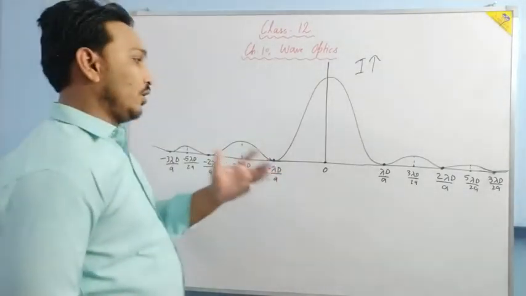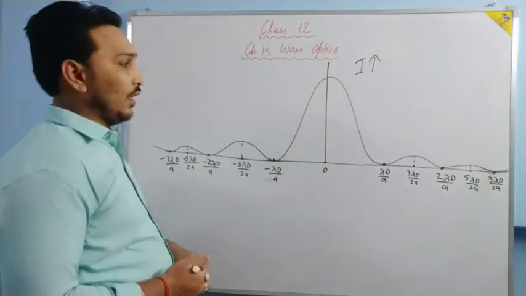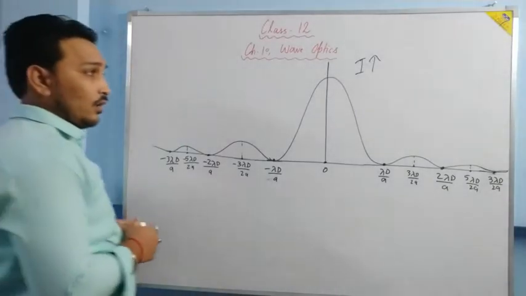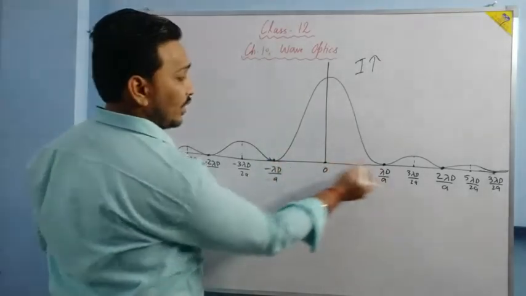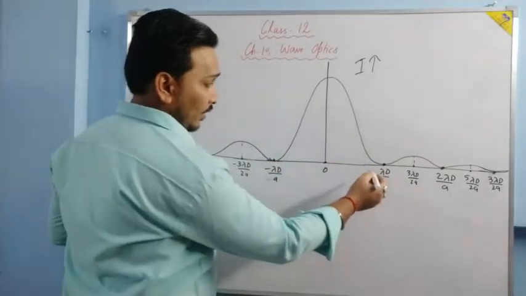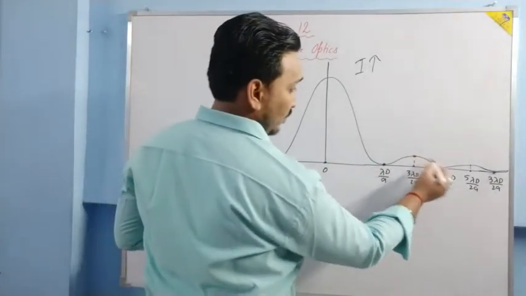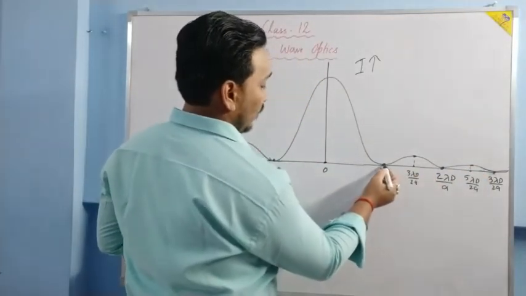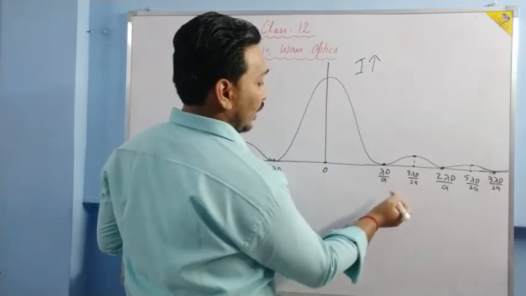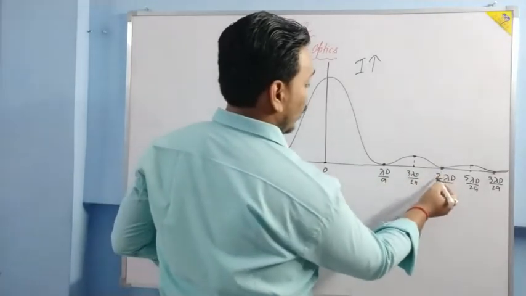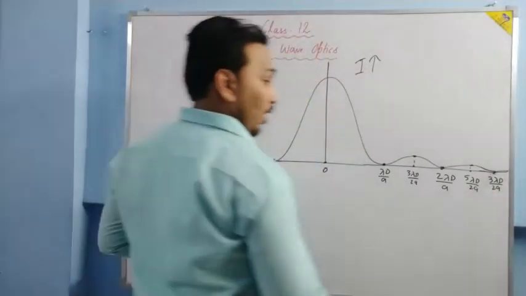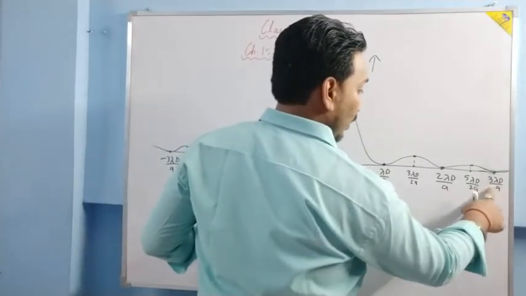Okay, this is how the intensity distribution curve is. I have already made it, this time a bit clearer. Now just see, this is your central maximum spread. Then after it is your first secondary maximum. This is your second secondary maximum. Positions are written on the board. First minima occurs at lambda d by a. Second minima occurs at 2 lambda d by a. Third minima occurs at 3 lambda d by a.